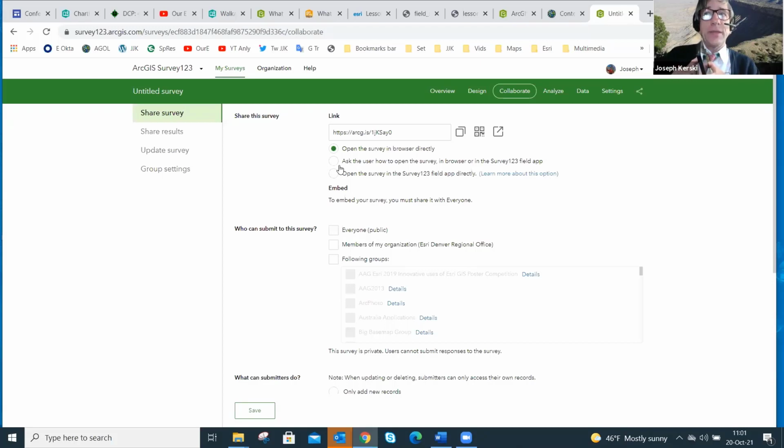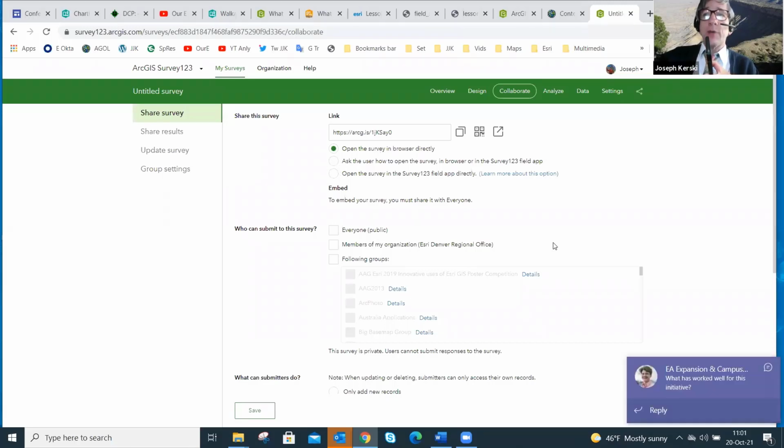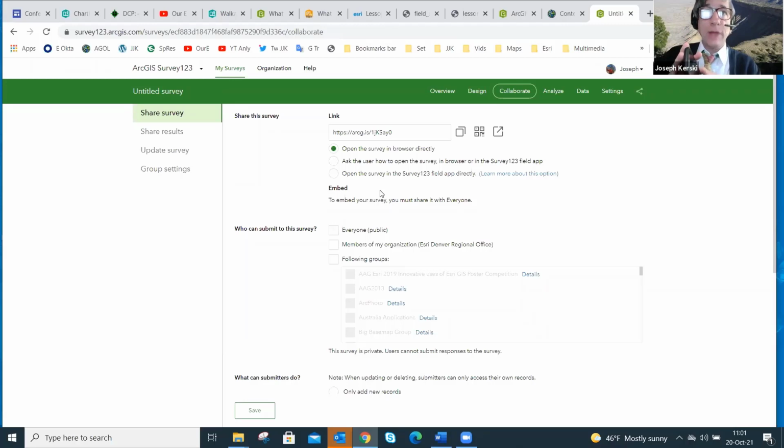If you're sharing this with the public and you truly want it crowdsourced, then I like to just open the browser. Can they collect offline? Yes, they can. They can submit offline when they're not connected, and then submit all the survey points that they've collected when they come back into Wi-Fi range, if that makes sense.